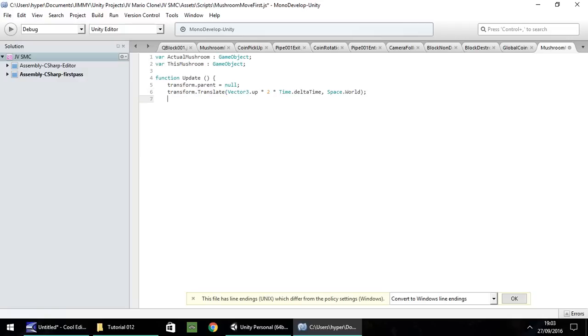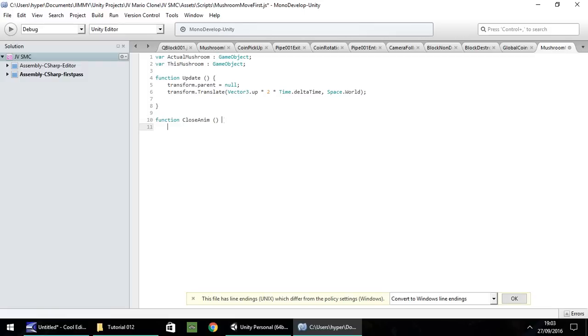Now what we need to do is make another function which will stop the animation and then make this mushroom disappear. So I'm just going to go down one more line and then close the function. And now I'm going to make another function, and let's call it CloseAnim, just to make things a little easier. So function CloseAnim, open close bracket, open curly bracket.